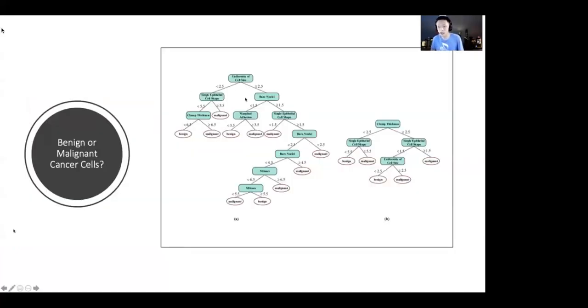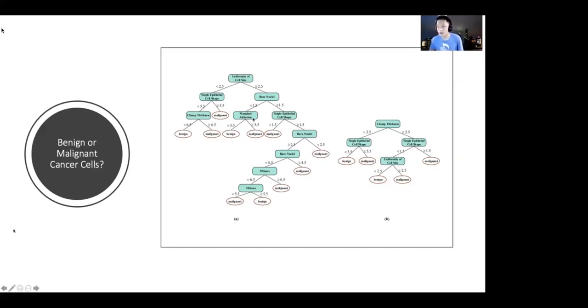So one example of this is if you look at a picture of a cancer cell or just any cell in the body and you want to determine whether or not it's malignant or benign, which means is it cancerous or is it not. This is quite actually a simple decision tree. And it's already quite complicated. And if you look at it, you'll realize that there's no way you ever could have eyeballed this. You can't just look at a bunch of numbers and be like, yes, this is the optimal decision tree that minimizes the error. You can't do that.